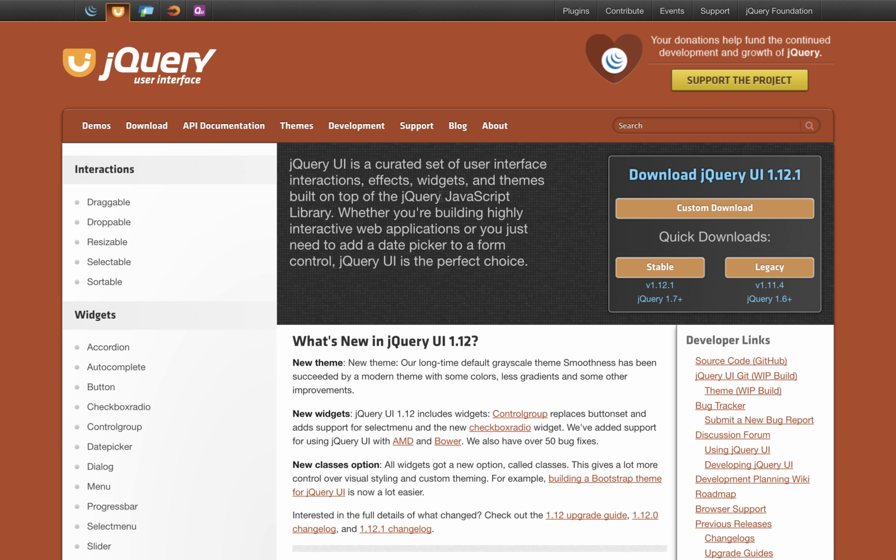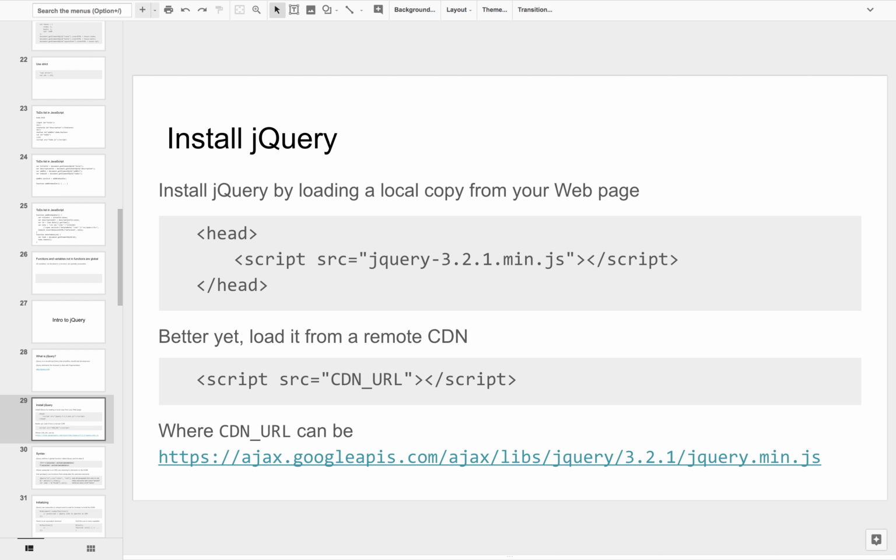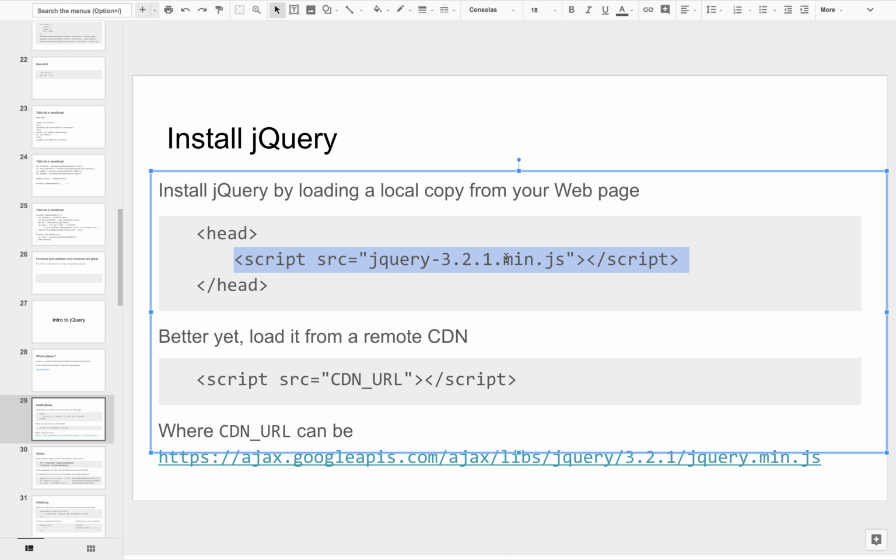All right. So let's see. It's at jQuery.com, and the way you bring it on board is by either downloading it and copying it into your JavaScript file folder and then loading it as a file. It's written in plain JavaScript, just pure JavaScript, but it abstracts it, giving you an API that allows you to think about the DOM as an object.